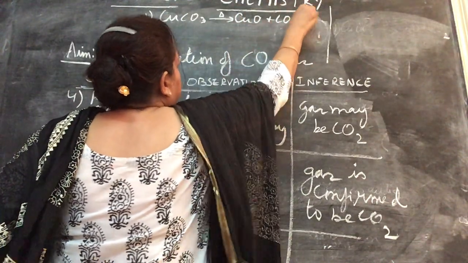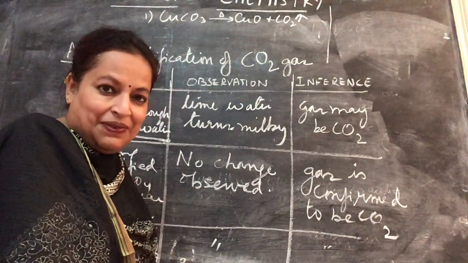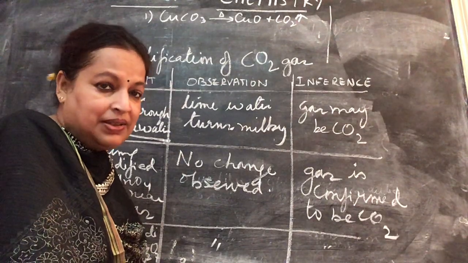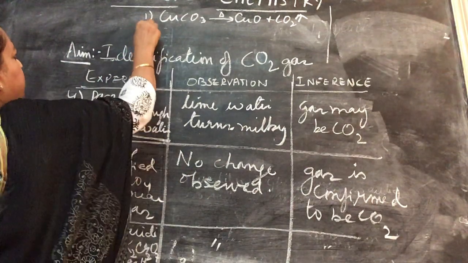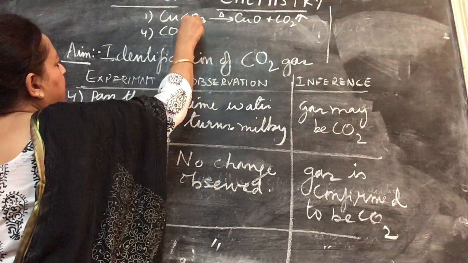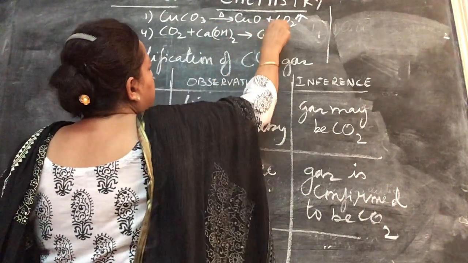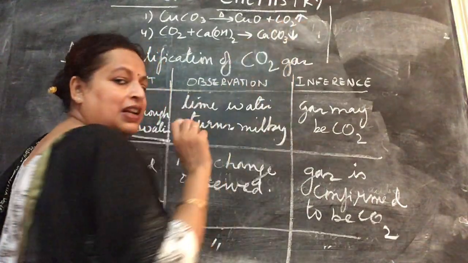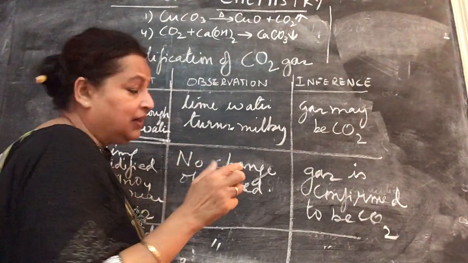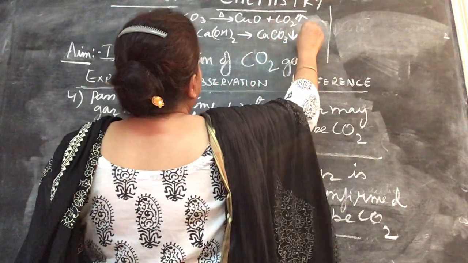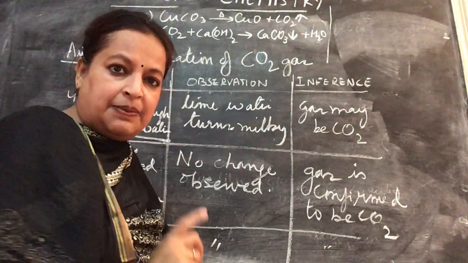This is the gas. Then we don't have a reaction for the litmus test. We don't have to write a reaction for combustibility. Then after that you did the lime water test. So number 4, carbon dioxide plus lime water, which is calcium hydroxide, forms calcium carbonate. Now children, this calcium carbonate is a white precipitate, but since so little of it is formed, it appears as a milky color. Then calcium carbonate plus water. Now this is just part of it.